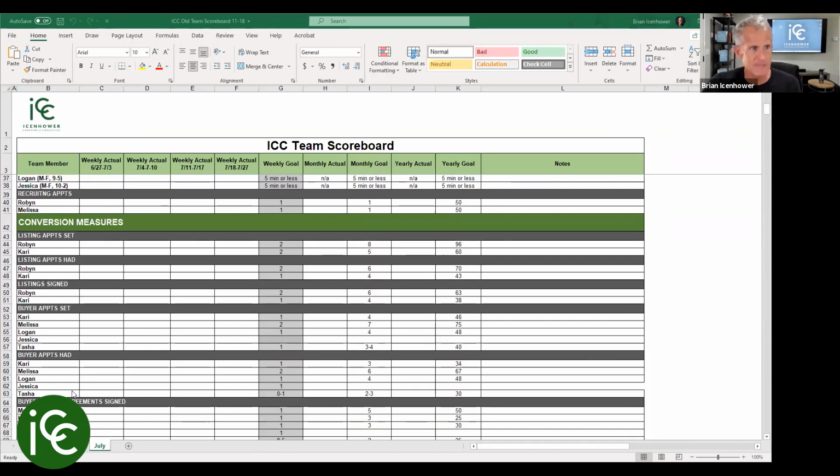Why do we do this? It's accountability. And it also helps us diagnose problems. I mean, if someone's setting a lot of buyer appointments, but they're not having them, they're setting weak appointments that people aren't showing up for. So what are you saying on the phone if you're setting a lot of appointments, but you're not having a lot of appointments? We can actually diagnose and work on scripts,